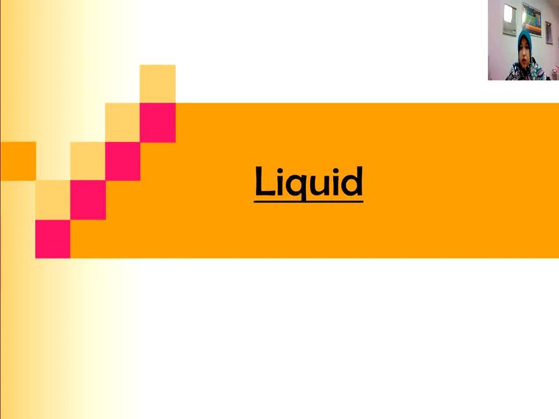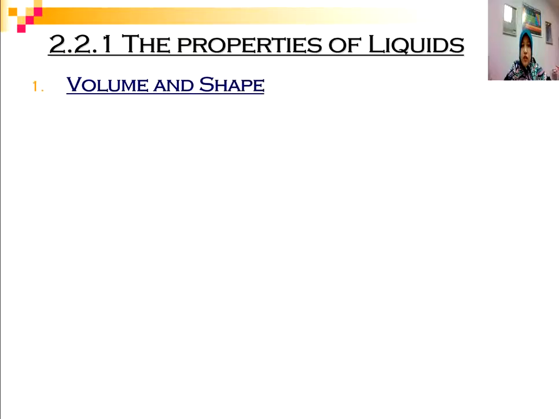So this is the second part of chapter 7, which is about the intermolecular forces between molecules. This second part is about the relationship between the intermolecular forces and the physical properties of the liquid. Let's look at the first physical property of the liquid, which is the volume